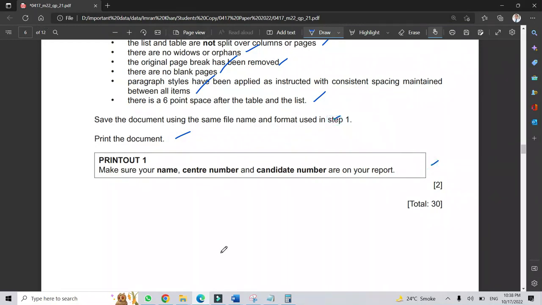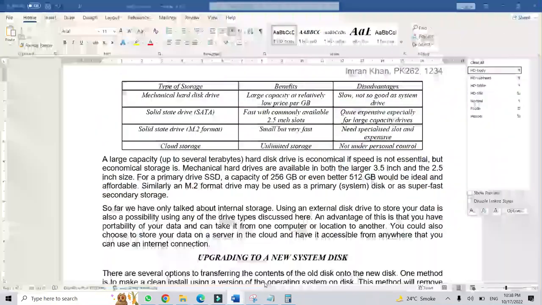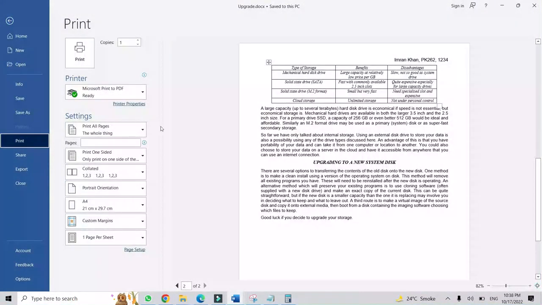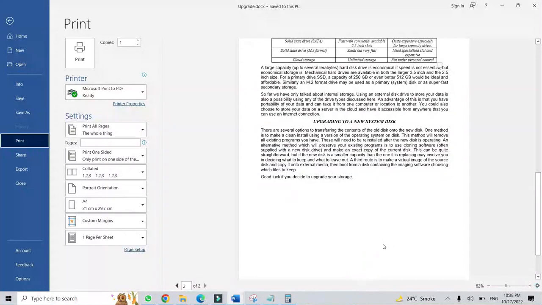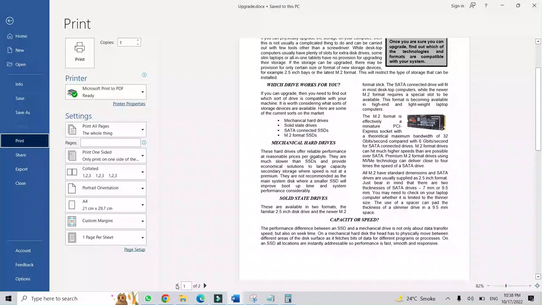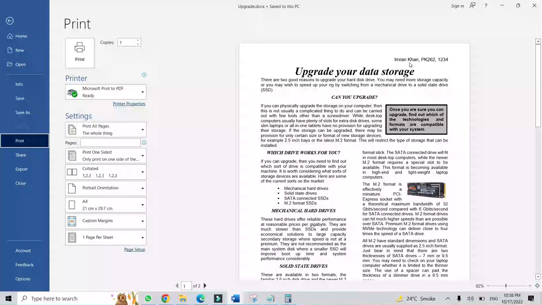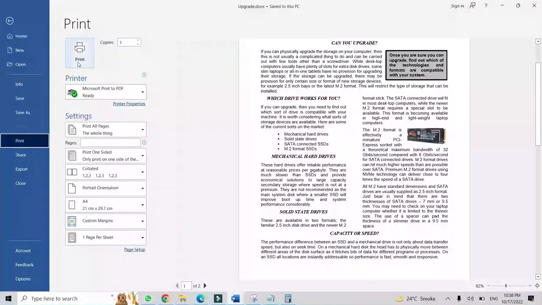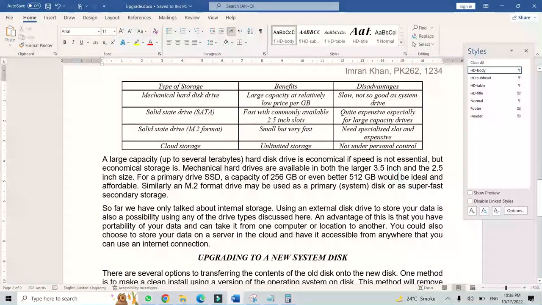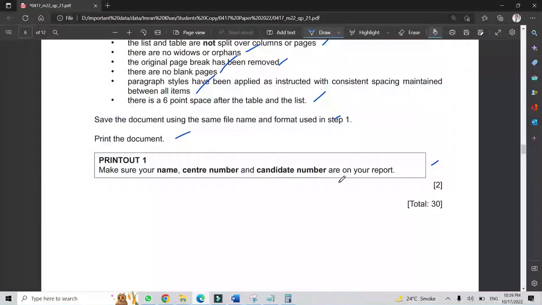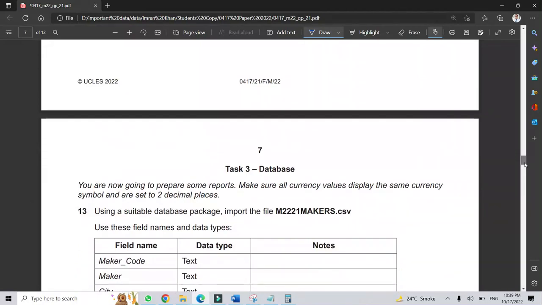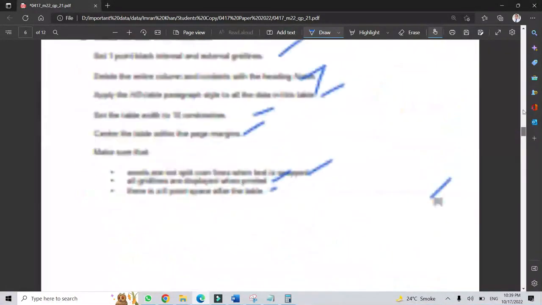We just press Ctrl plus P button, or you can click on file or print. So just one and page number 2, and this is page number 1. So our print is ready and header and footer is applied on both pages. So you just click on the print and you print your file. So we have done this word portion of the paper, and this is our paper 2 of